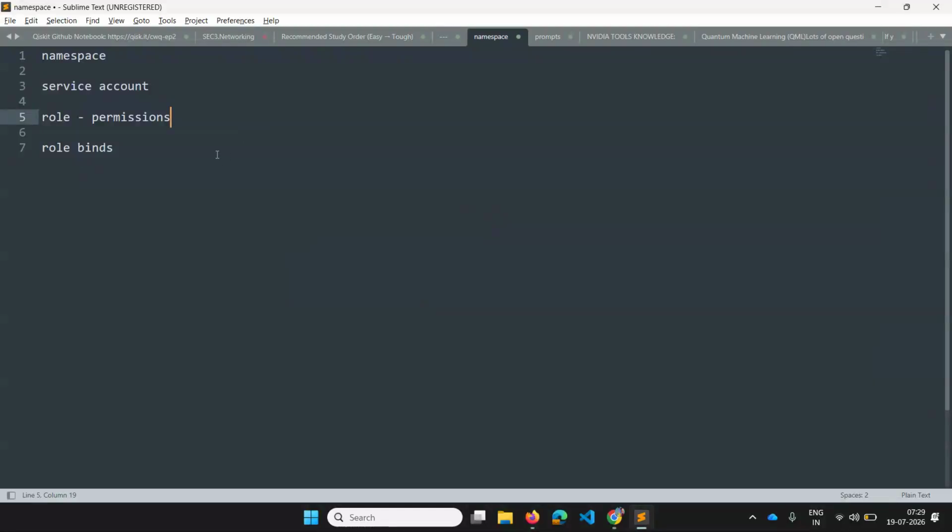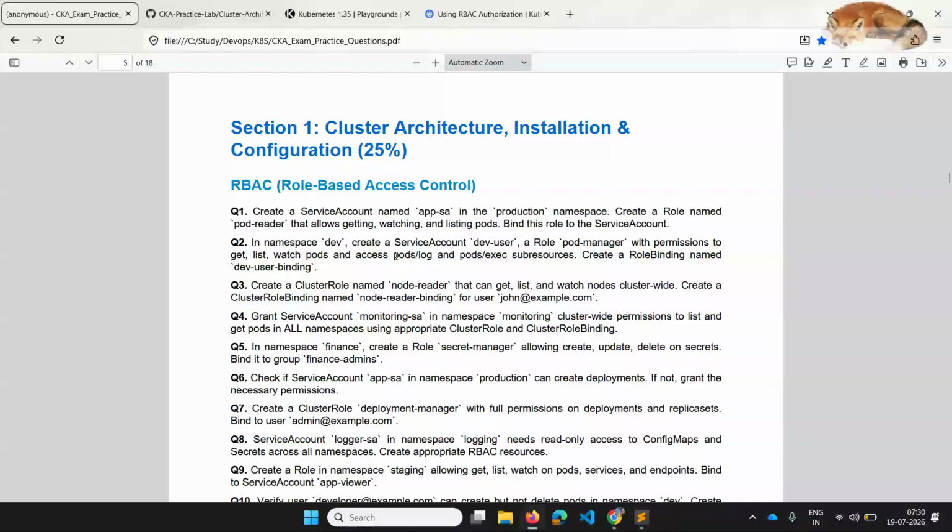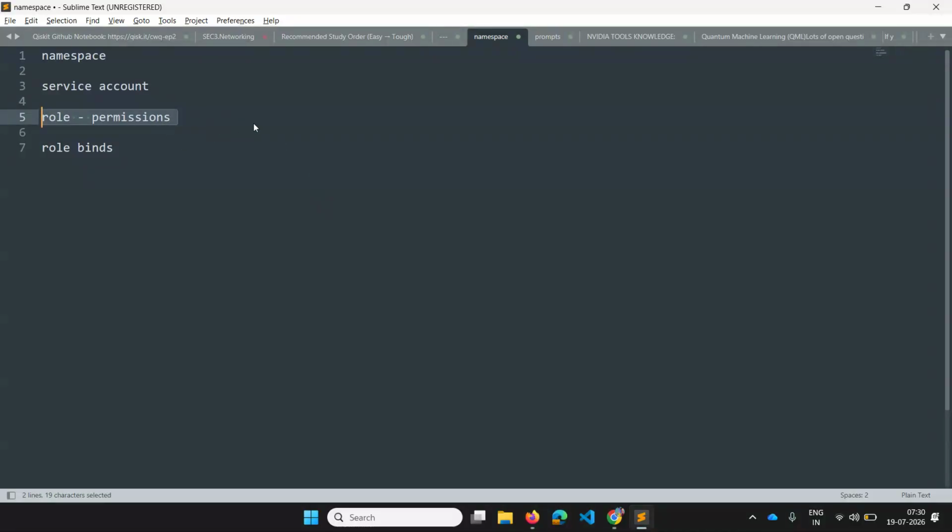But still, the role is created, but it is not attached to any user or service account. This role is confined to specific actions on specific resources, but it is not attached to any service account yet, so that person still cannot do any task.